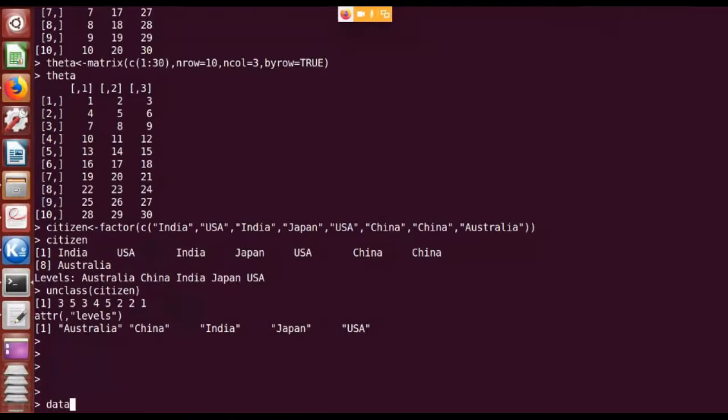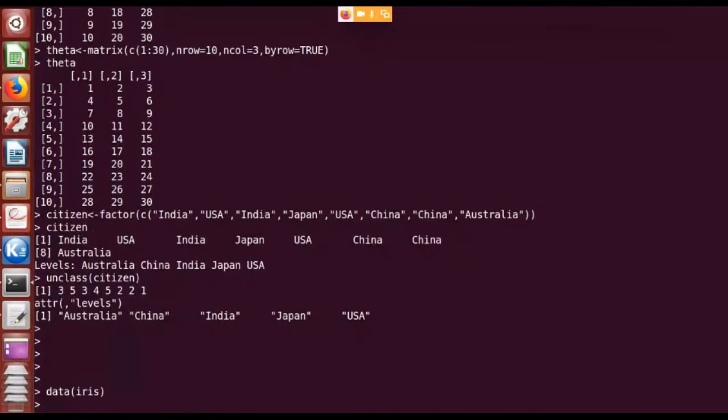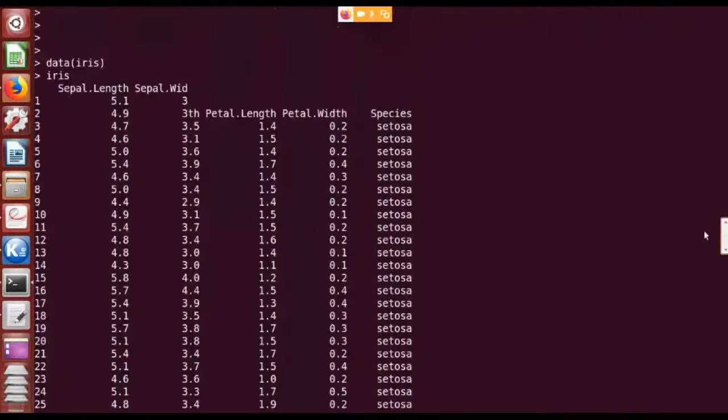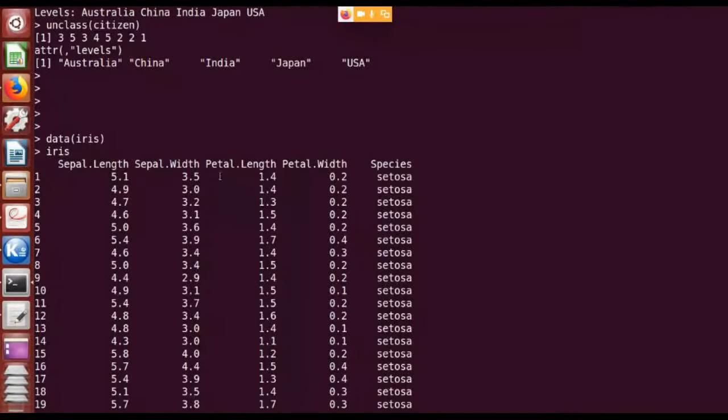If I simply type data of iris, it will load the iris data in the workspace. So now our current workspace is loaded with iris. If I simply type iris, it will show you the different values of iris. Iris has about 150 observations. There are 1, 2, 3, 4, 5 attributes or features, we can say. These are columns: the characteristics of sepal length and width, petal length and width, and